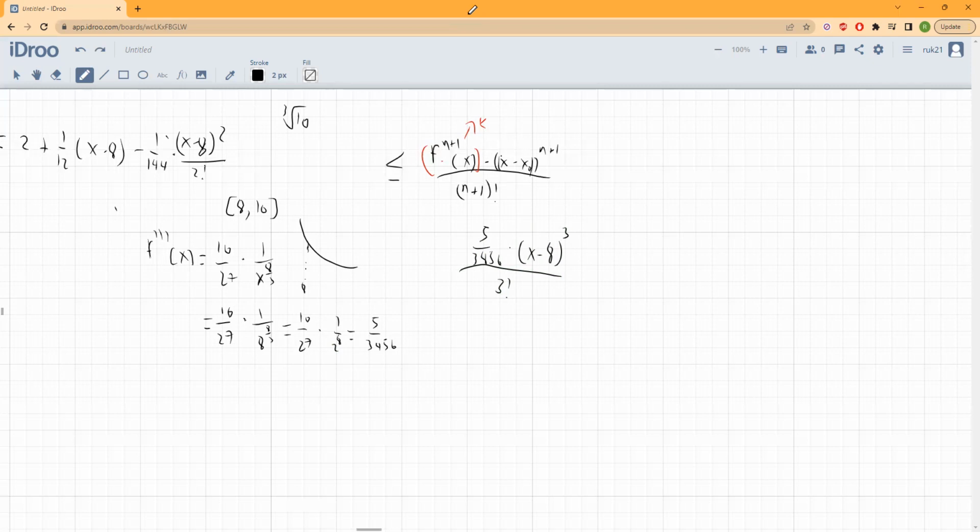So if we plug in 8 over here, we're going to get a 0, and all of this is going to become 0. So that's kind of the smallest possible value we can get. To get the biggest value we can get, what we're going to plug in is 10, because 10 minus 8 is going to give us 2, and that's going to give us our biggest value that we can, to again see our biggest error. So finally, if we plug in 10, we're going to get 5 over